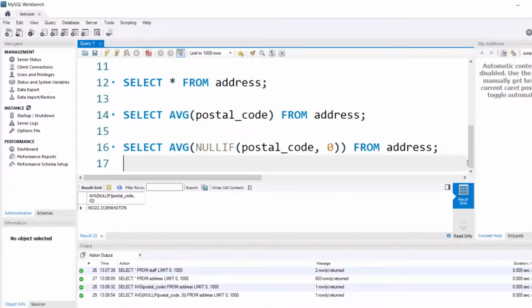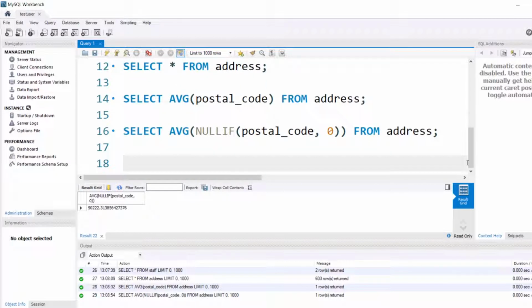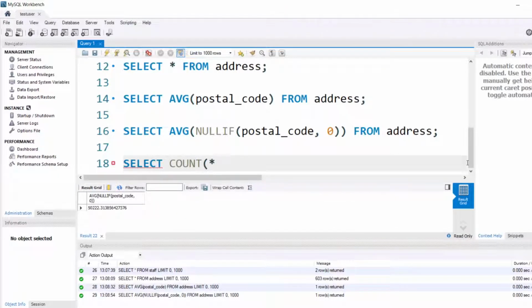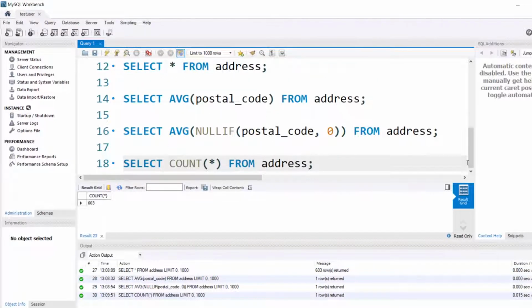And finally, we are going to see the function that was mentioned earlier, that is count. Select count of star from address, and if I execute it, it shows me the number of records in the address table.